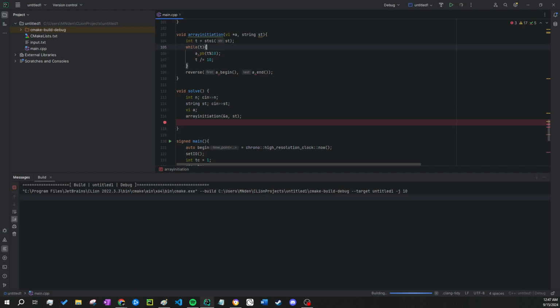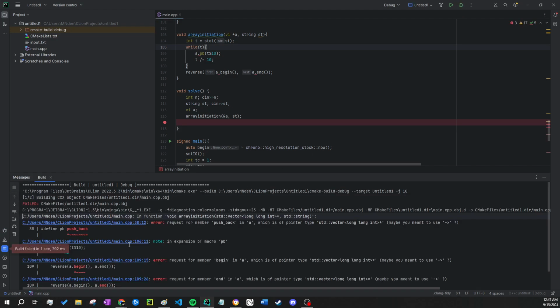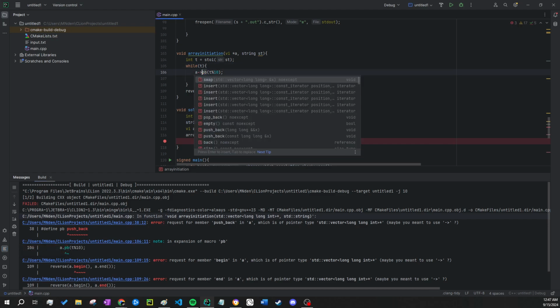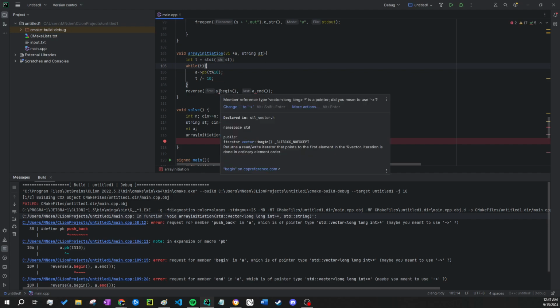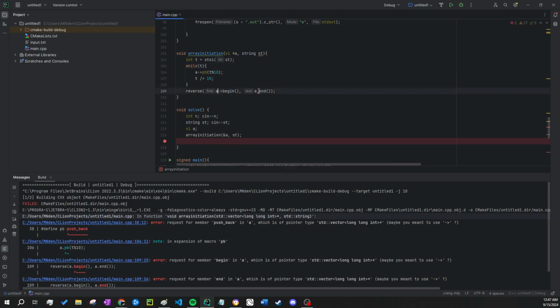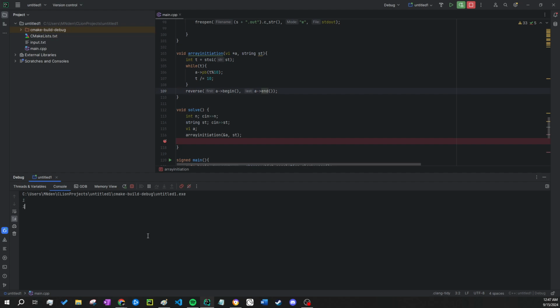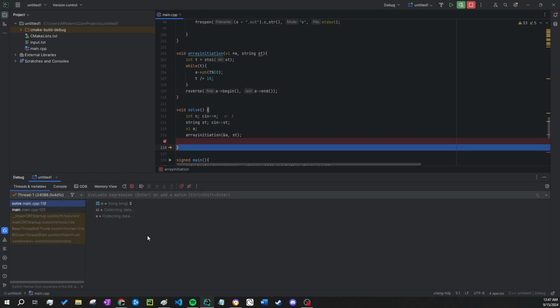There you go, it should work now. Since it's a pointer, we have to do this now. Same thing here. Pointers, am I right, boys? Is it going to work now? Yes, it is.